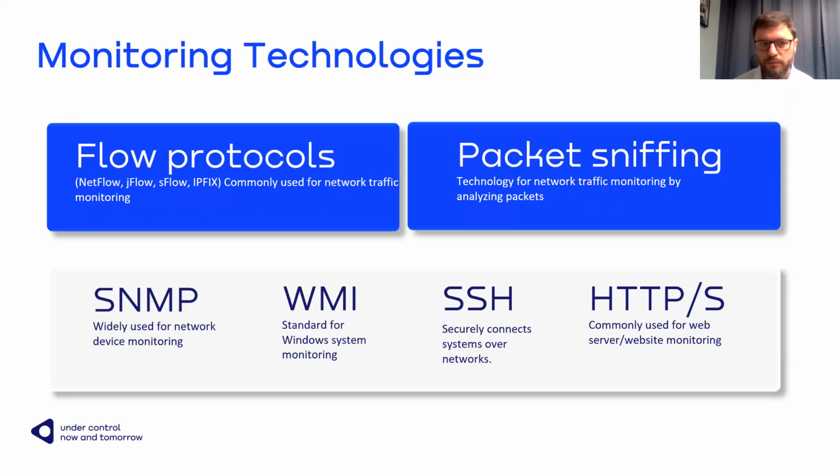But to monitor the network traffic, to find who was the source of the communication, who was the destination, what protocol or application they used, we need to choose flow protocols to analyze the NetFlow data, or packet sniffing to capture the packets, analyze the packets, analyze the payloads of the packets, and tell something more about the network